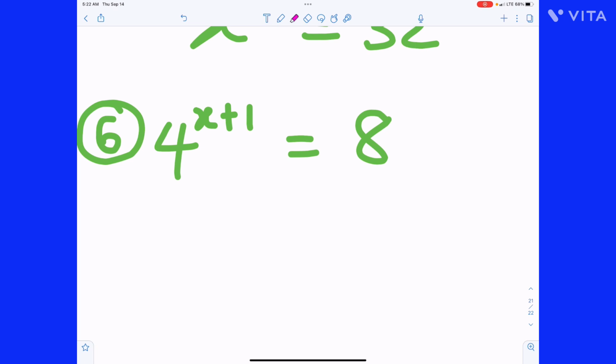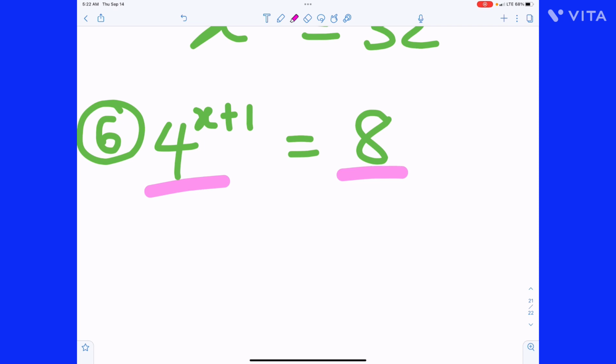But I cannot write 8 as 4 raised to power 2. You'll be tempted to write 8 as 4 raised to power 2. No, 8 is not 4 raised to power 2. And this is 4. So the only base in which I can write both left and right is in base